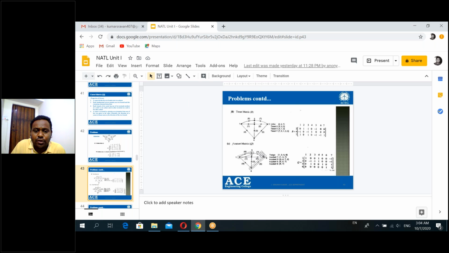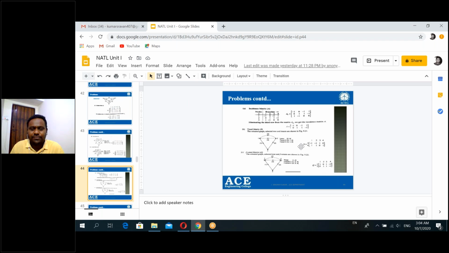So follow the branch 6. Why? Because branch 6 is the twig. This is towards the node. This is towards the node. 7 is also towards the node. 6 and 7 are positive. Remaining are all zeros. So same as this one.